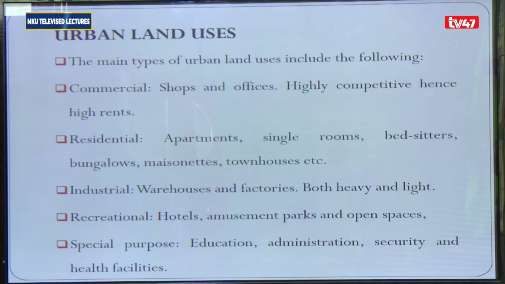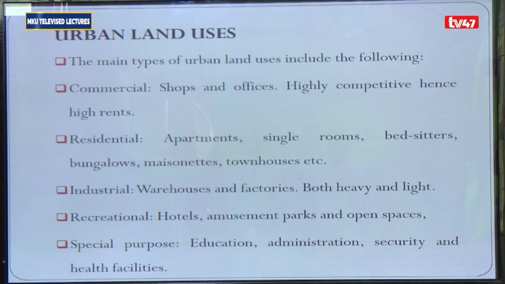And next we have recreational. We talk about hotels, amusement parks, open spaces, where people need to take time and relax. They need to entertain themselves. Remember, in the urban areas, there is a lot of congestion because there is a lot of demand for land and competition for space. Therefore, we do not have idle land or big chunks of land which have not been utilized within the urban area. As a result, we need spaces where people can be able to relax and re-energize themselves as they continue to engage in the other